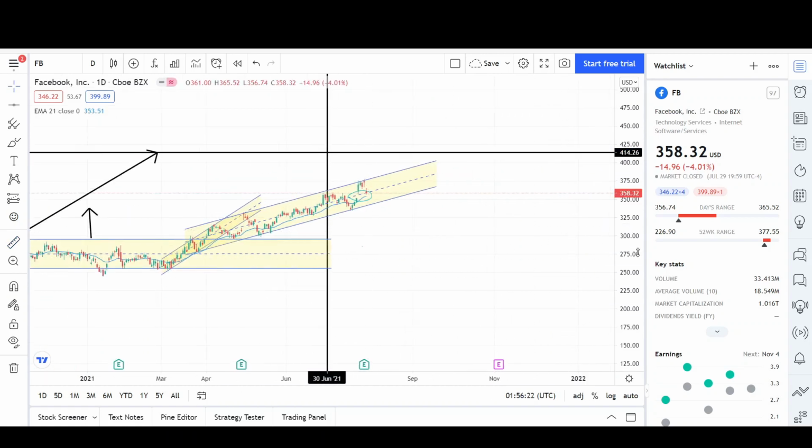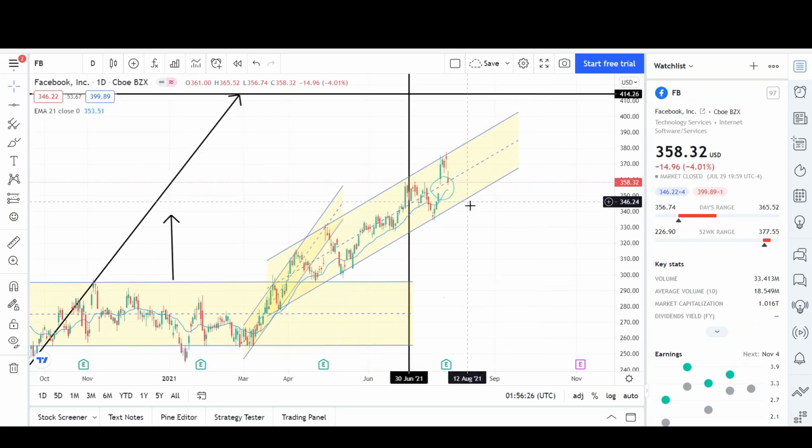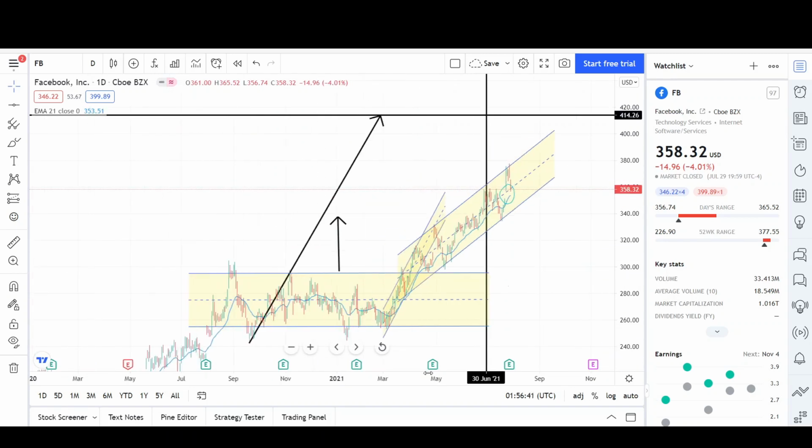What Facebook is currently doing right now is pulling back to the lower side of the channel, or even might break it before continuing higher. But I believe we will continue higher, and this is the target that Facebook could reach. So I'm going to go ahead and remove all these drawing tools on the daily chart and show you guys the